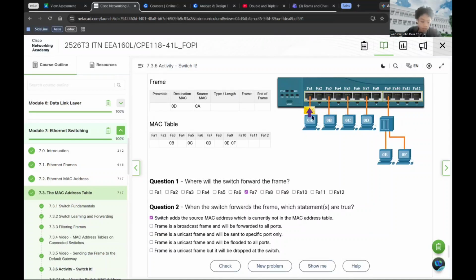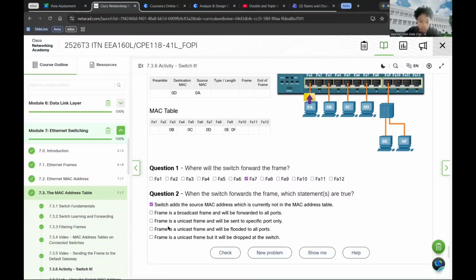Looking at the MAC table, the entry for FA1 is currently blank, because 0A is not in the table. So the switch will learn this and add an entry mapping MAC 0A to port FA1.